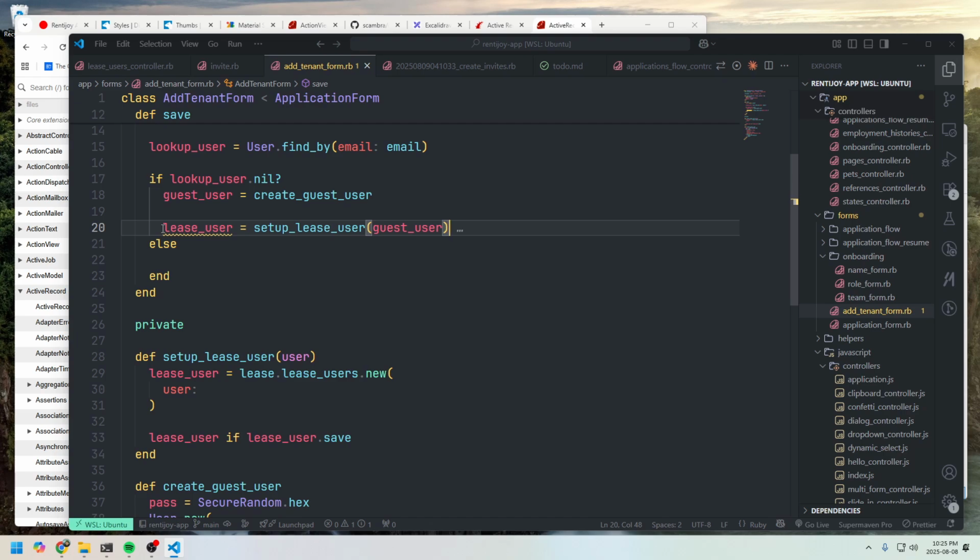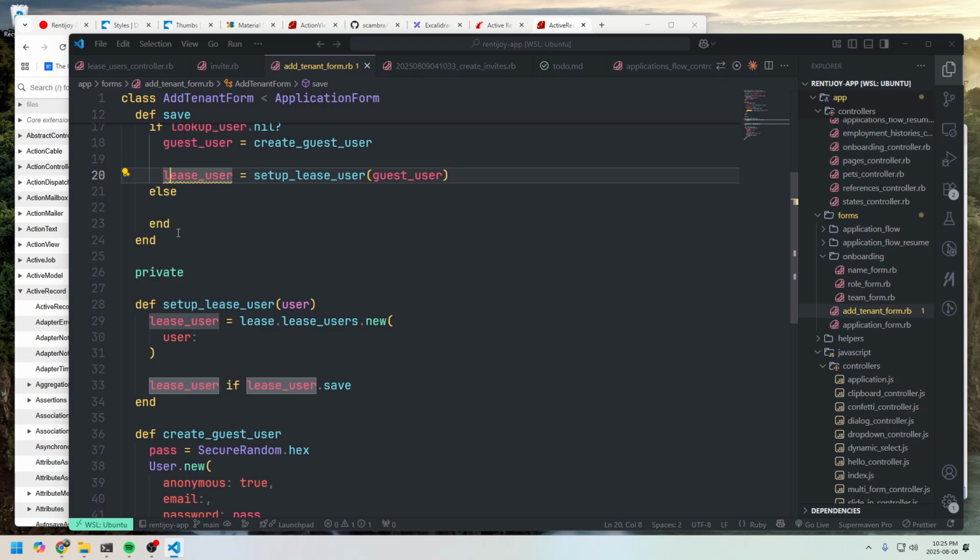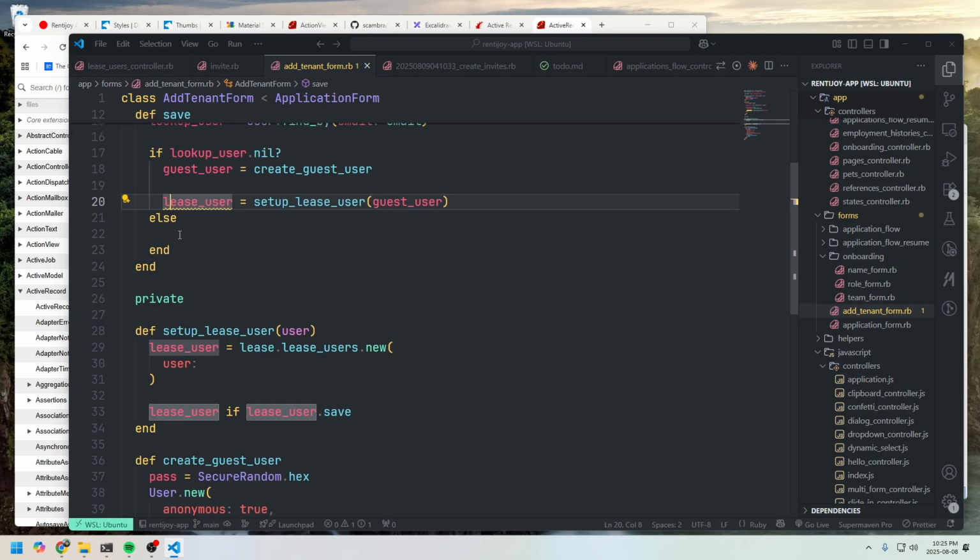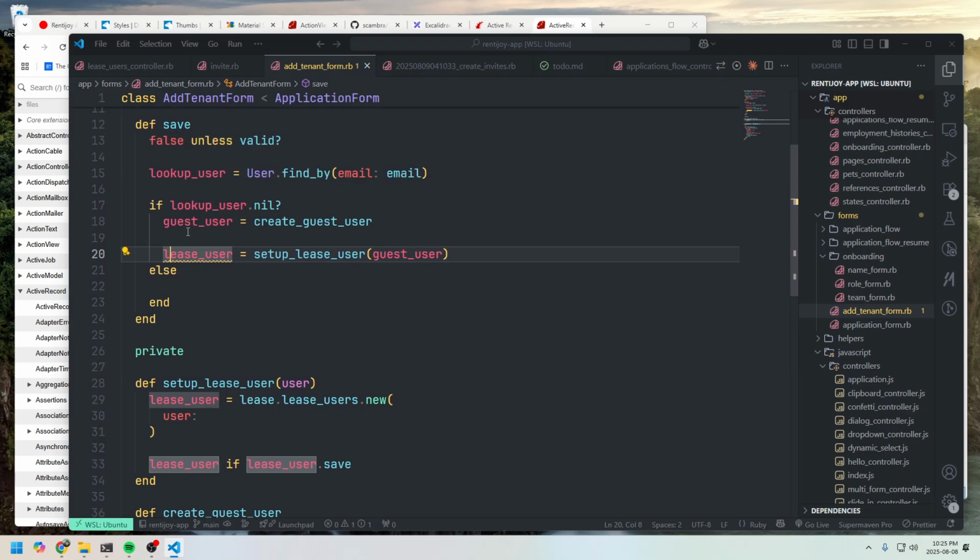I think we probably need to just send an invite for the user, because technically they just need to sign up for an account. And that's it. And then the rest is kind of just, we'll drop them where they need to be. So if they only have one lease at this time when they're invited, then their only dashboard will be that lease. So create a guest user, set up a lease user,